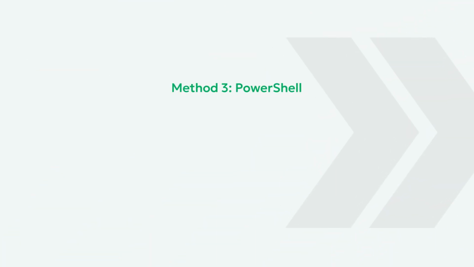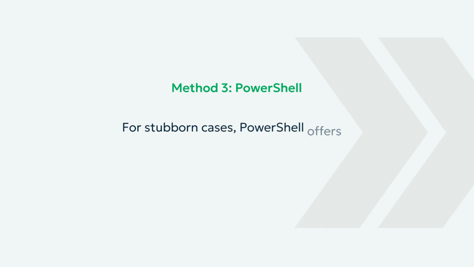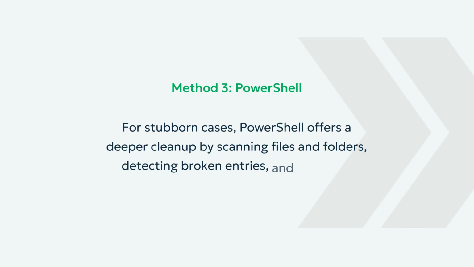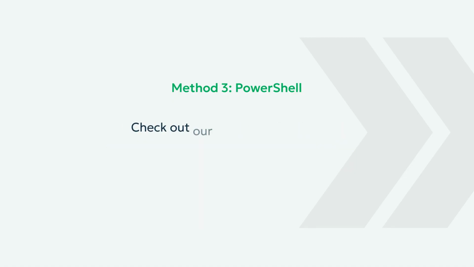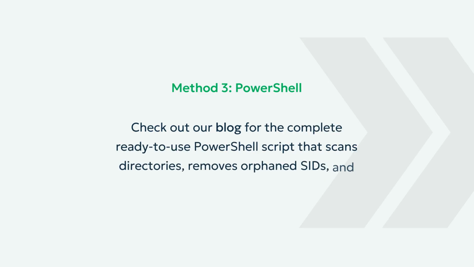Method 3. PowerShell. For stubborn cases, PowerShell can perform a deeper cleanup. This program lets you scan through files and folders, detect those broken entries, and remove them programmatically. Our blog includes a ready-to-use PowerShell script that scans directories, removes orphaned SIDs, and resets ACLs across all files and